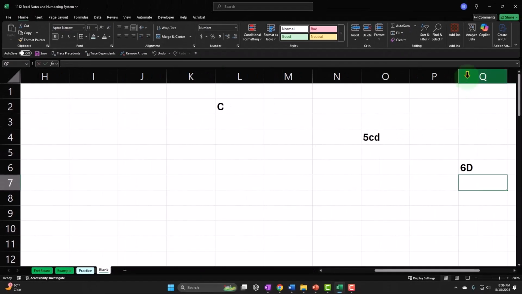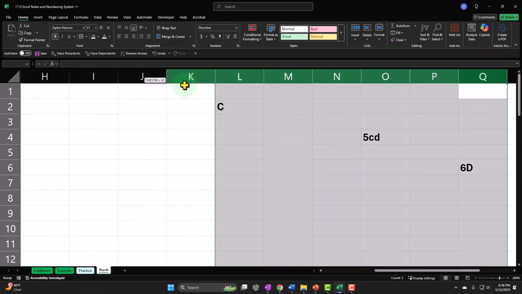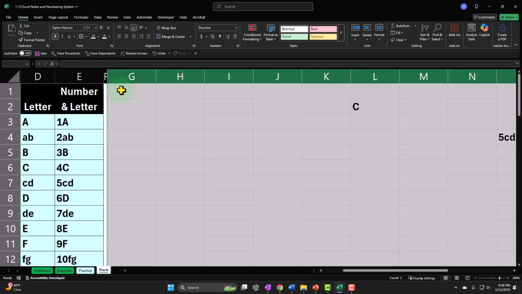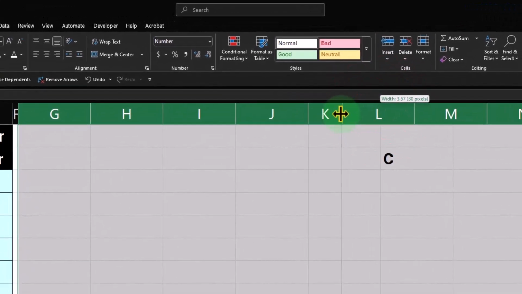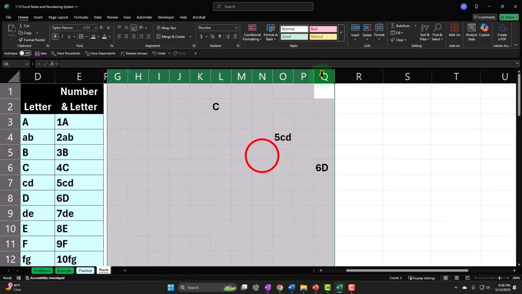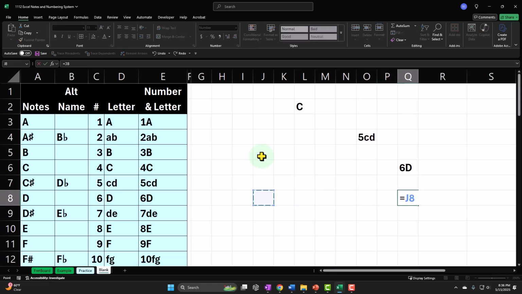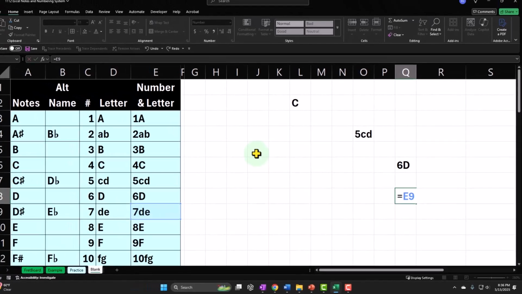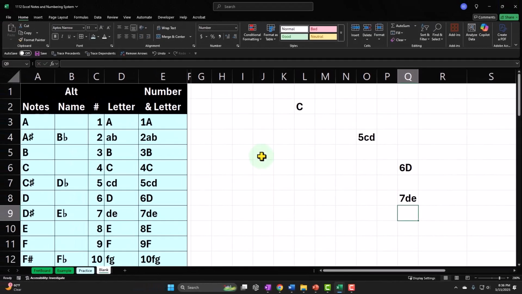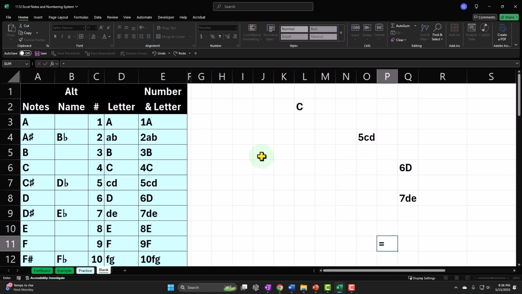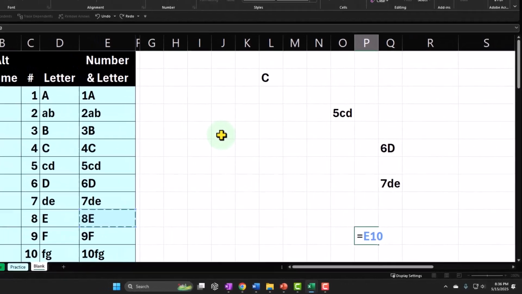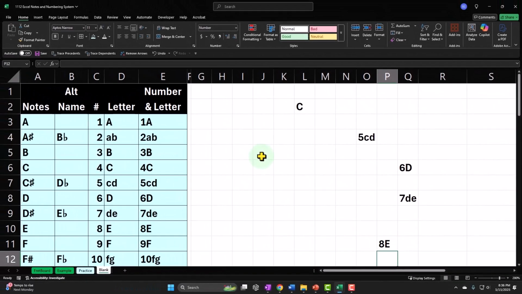and then let's make all of these a little smaller. I'm going to go from Q over to G, and I'm going to make these tighter, something like that so we can see everything. Okay, and then I'm going to go here, and this will be the DE, and then I'm going to go down to P11. P11 is going to equal the E,